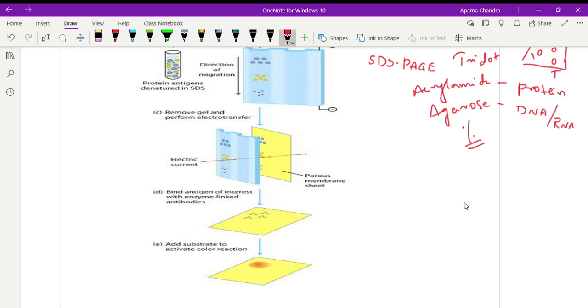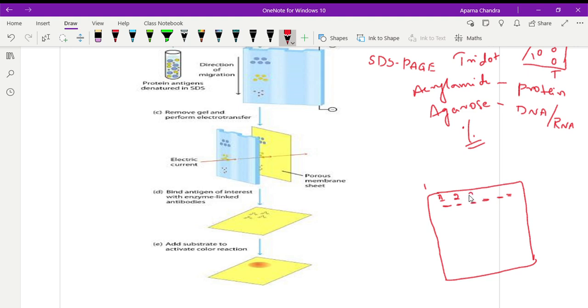Suppose they collect all the samples, and gels will be made on a PAGE acrylamide gel. Assume there are 6 lanes: 1, 2, 3, 4, 5, 6. What do they load in the first? In the first they will load HIV-1 antigen. In the second they will load HIV-2 antigen. So these are the standard antigens.